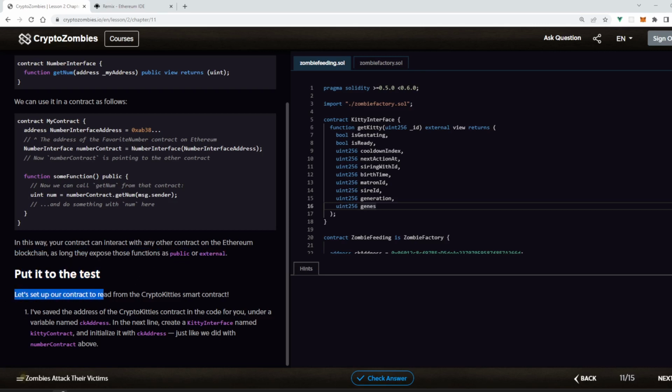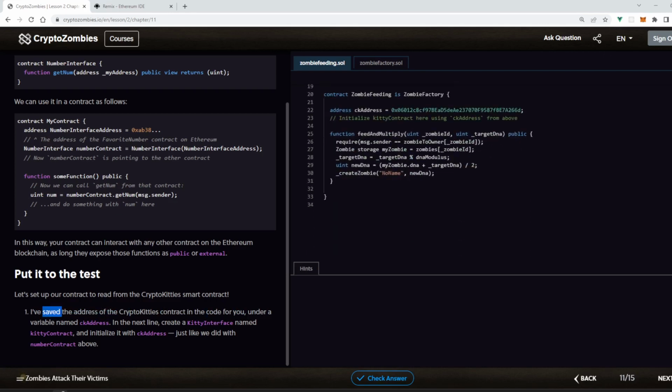Let's set up our contract to read the CryptoKitties smart contract. I've set the address of the CryptoKitties contract in the code for you under a variable check address. Now let's check it. Here it is. In the next line, create a kitty interface named kitty contract and initialize with a check address, just like we did this number contract. Okay,